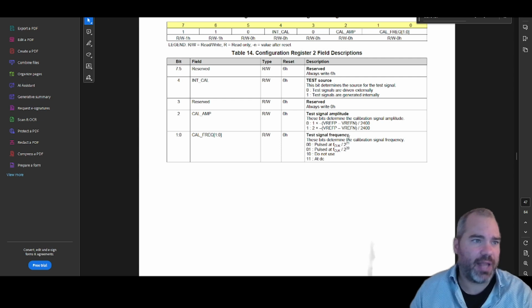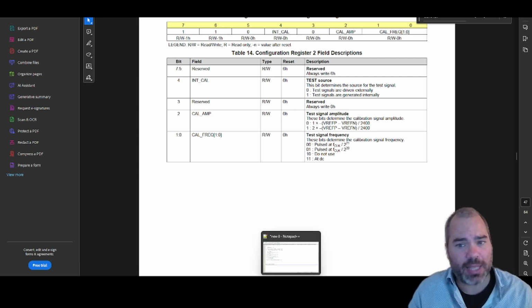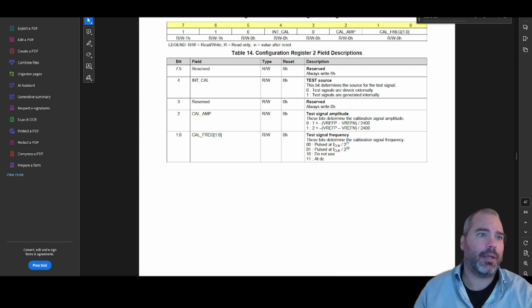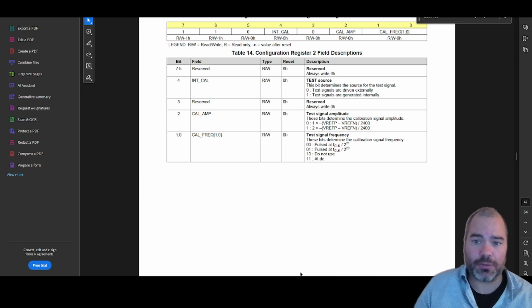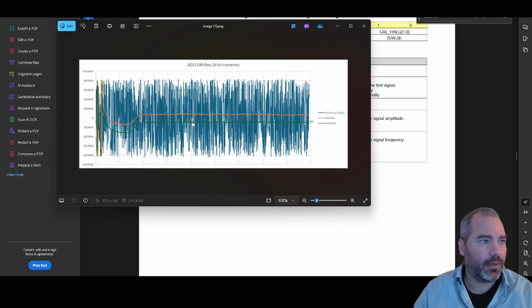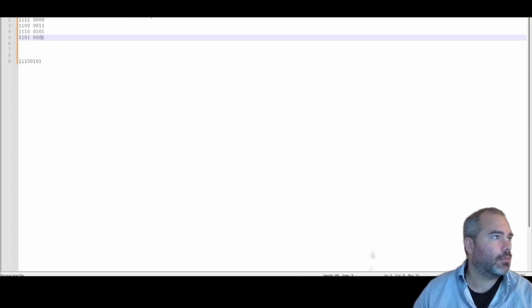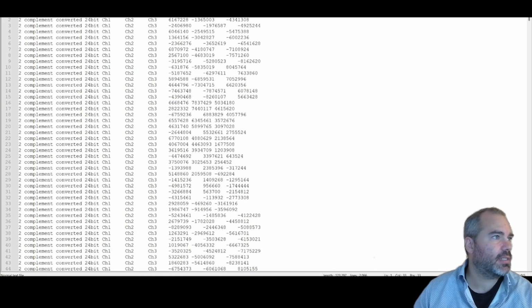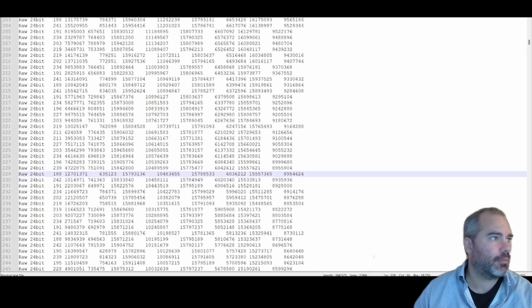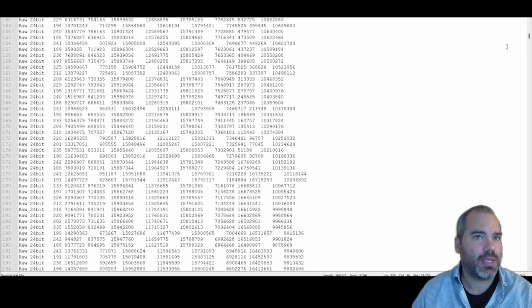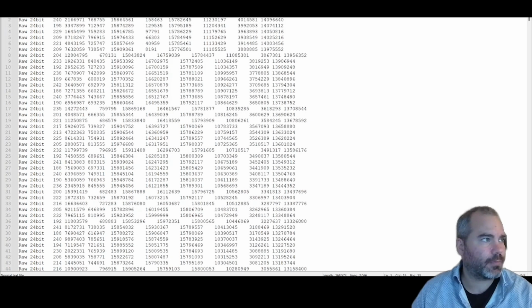So I'll flag it to the dev to see what he has to say about this. But even then, that still doesn't explain the fact that we can't find the signals we're looking for, as well as the offsets that we find in these metrics. But I did find something else. At some point, I said, this is curious. I was looking at these numbers here, and I was like, this is curious, because this is the status